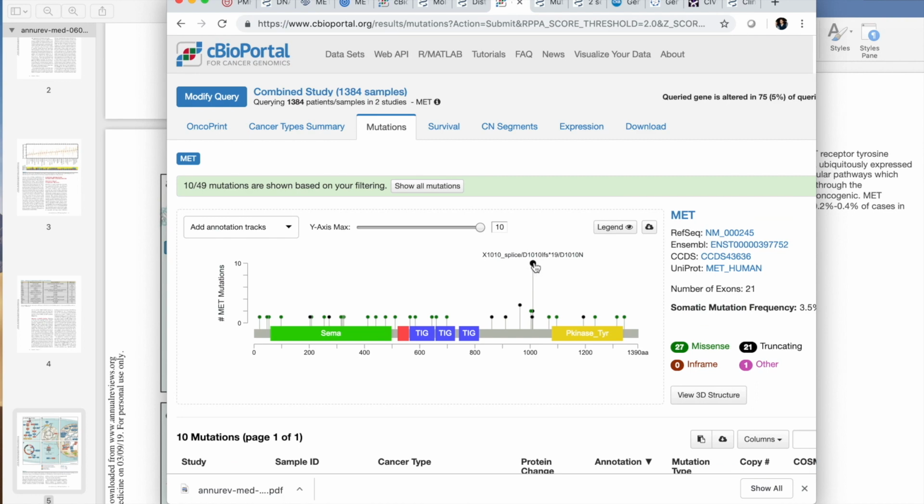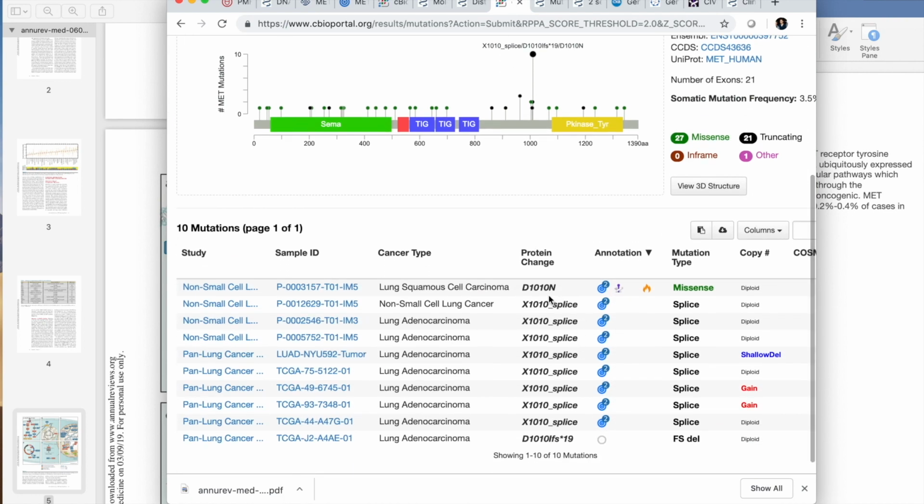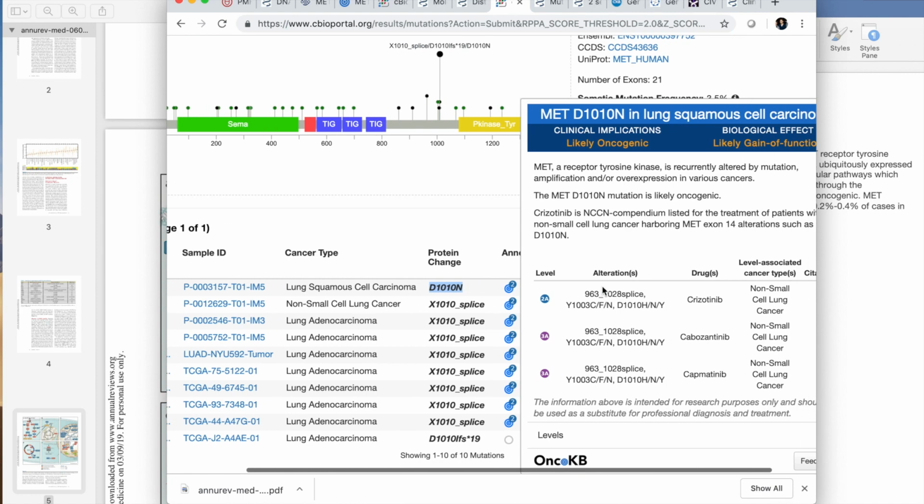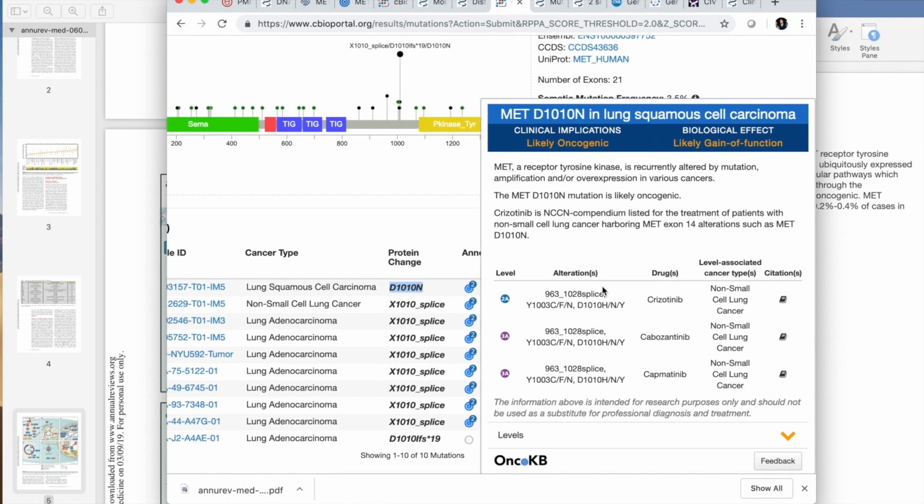We can click on it. We can scroll down to see more. We can see for this particular mutation, the D1010N, there are annotations that exist. And this is actually pulled from OncoKB. So it's more or less the same information that we were just looking at, but it gives us a little